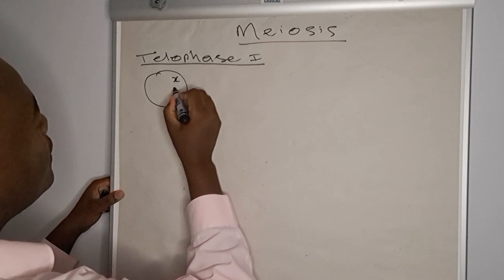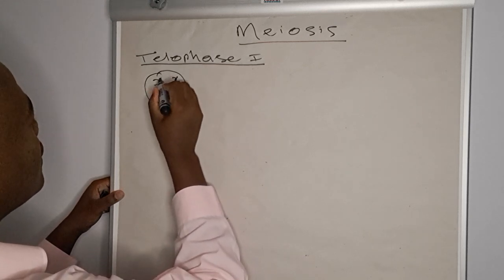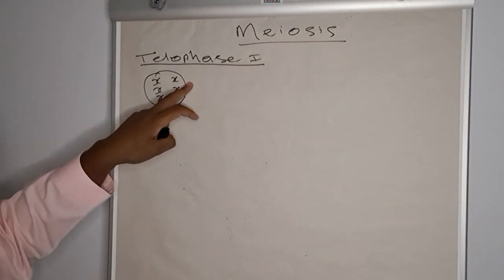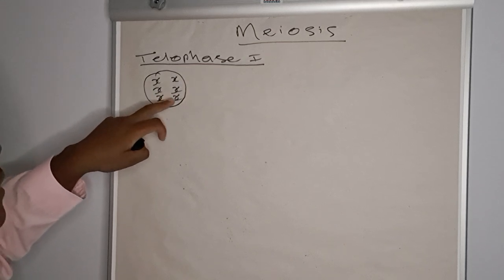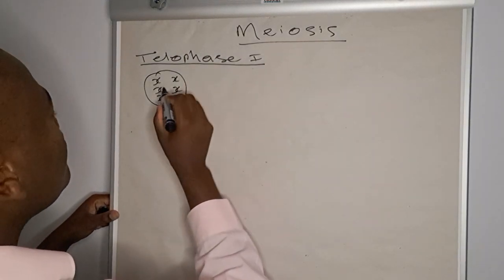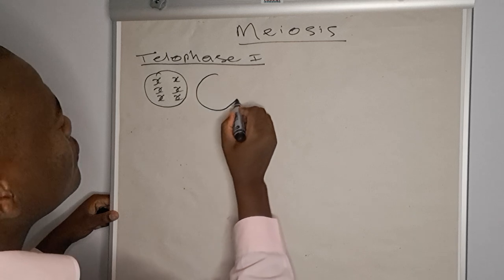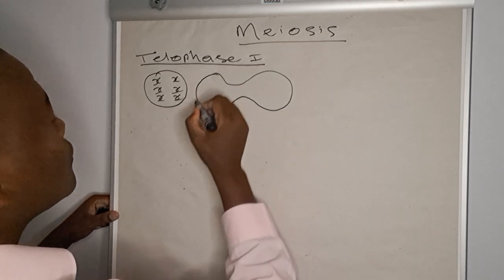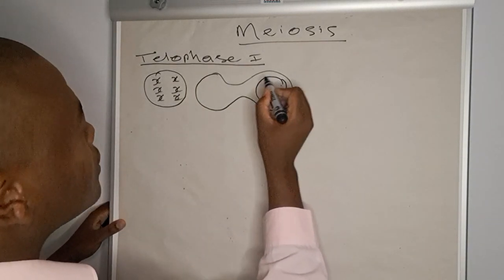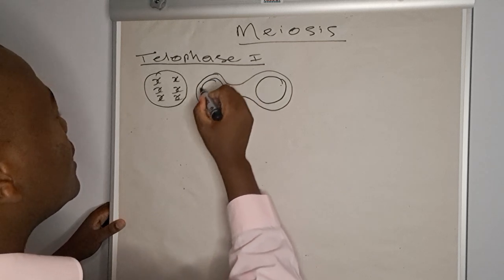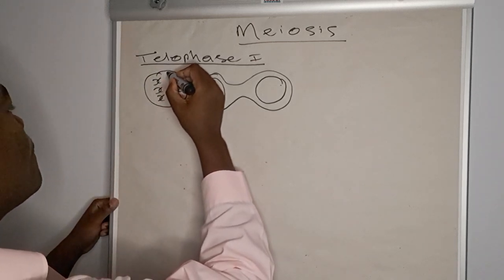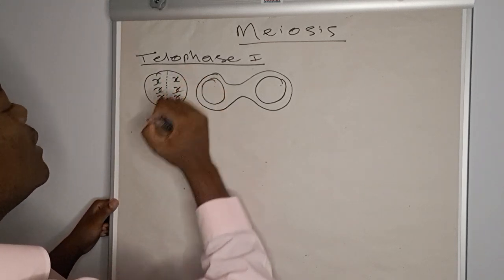If anaphase has pulled these things to be here, do you understand that this was the process of anaphase. In telophase, this is where we must start to develop something which is like this. This is the process. Now, again, the nuclear envelope will be reformed. But there is something interesting taking place here that divides these cells. This process, we call it